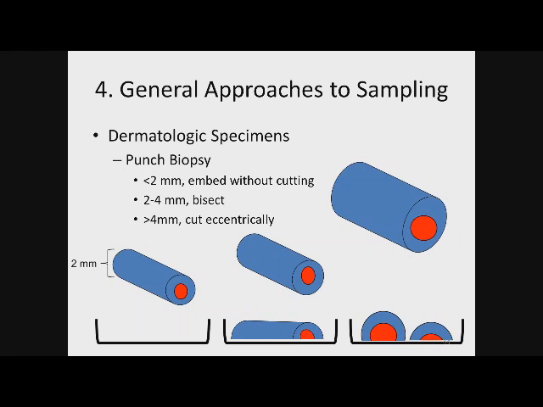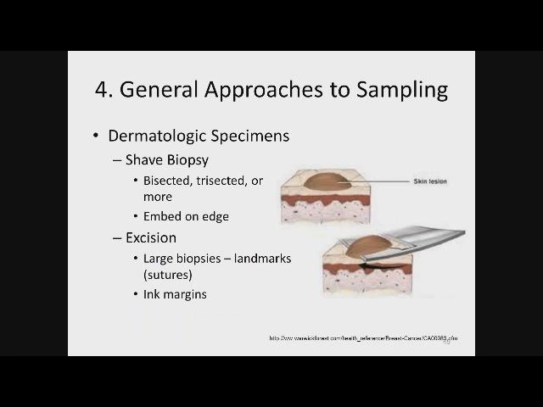Typically anything larger than 2 millimeters is bisected, and if it's very large, it might also be cut eccentrically, as shown in the third picture, just to make sure that if we are doing aggressive cutting in the initial cutting stages, we don't cut completely through the pathologic process, which would be shown in red. Other concerns for dermatologic specimens not pertaining to Mohs, which is a completely different procedure,